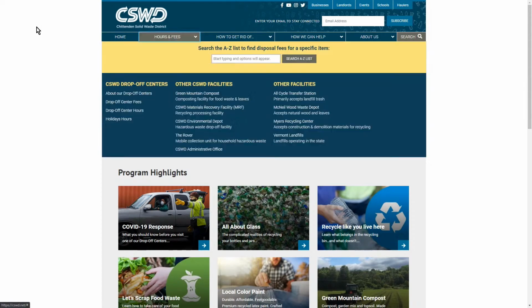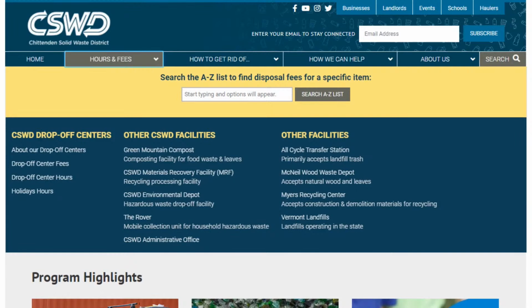Now we're in the main navigation here, and I've got panels, and here we run into our first really major problem with the keyboard navigation. I've opened this panel, but I didn't really mean to. I'm trying to get to how we can help, but this panel opened up as I went tabbing across here, and now when I hit tab again, I'm in this search box, and in fact I'm tabbing here through all